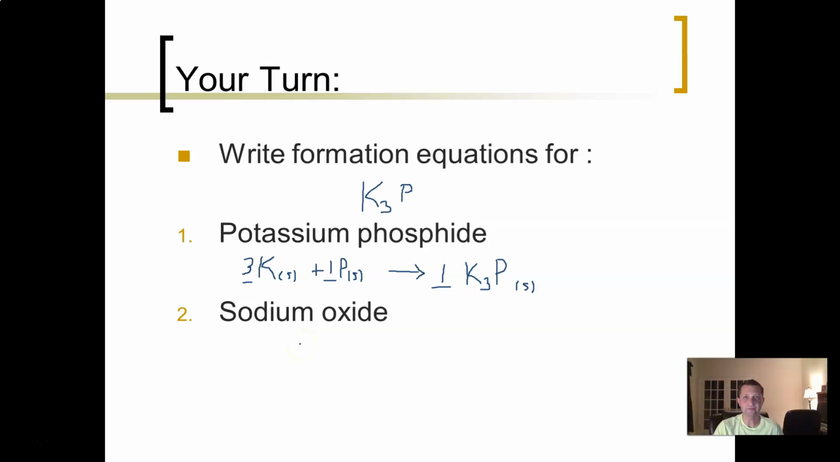All right, try sodium oxide. Pause it and give it a shot. All right, sodium oxide. Sodium is Na plus 1. Oxide is O minus 2. So what you're going to get is 1 mole of Na2O solid. States are important here. You'll see why in like 2 minutes. So we're going to have sodium